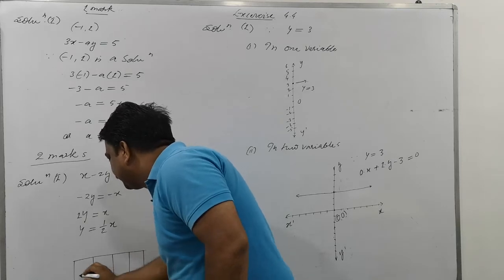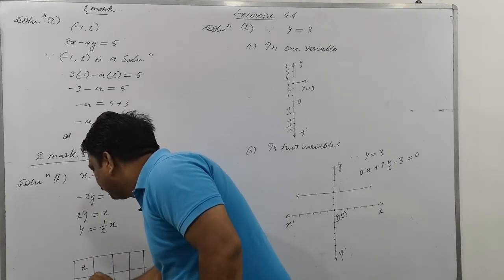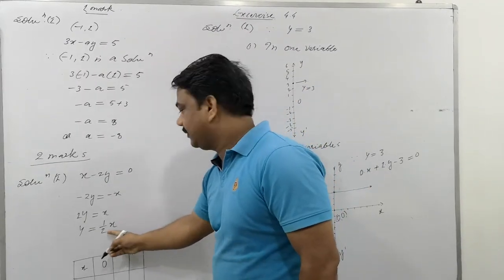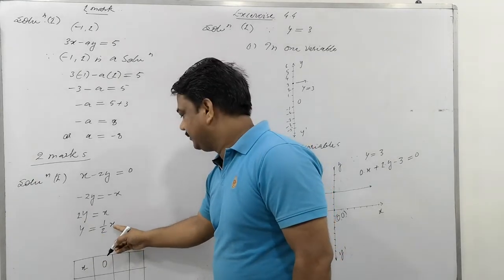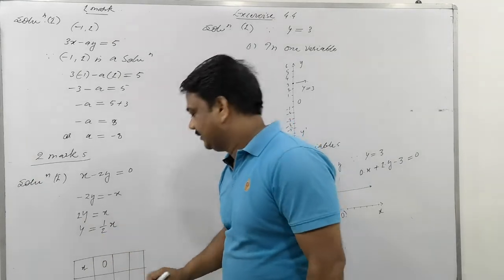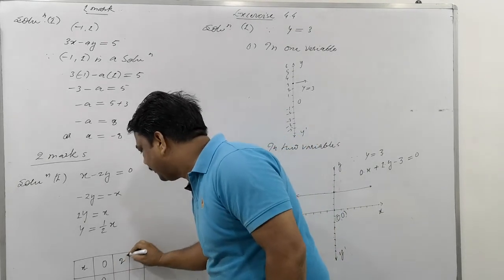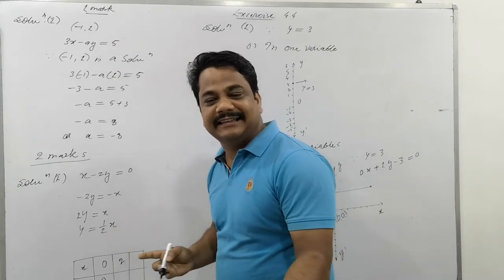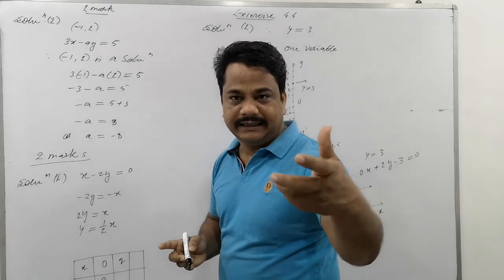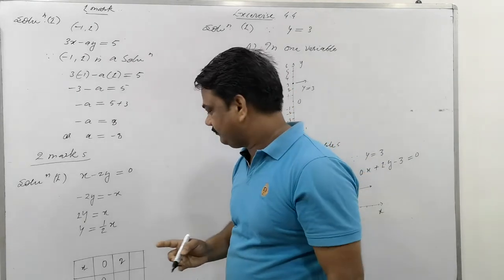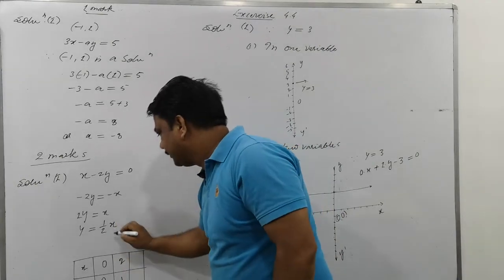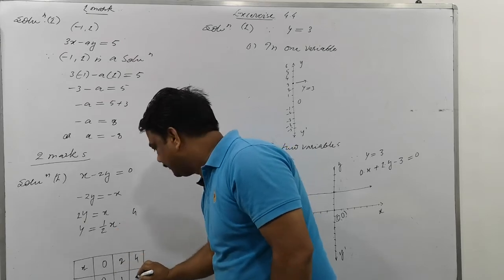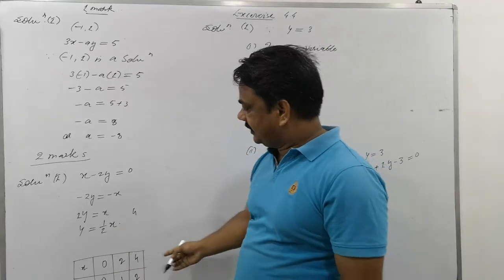Right now, it's x and y. If in the place of x you put 0, what y will come? Half into 0 is 0. If you put here 2, obviously you have to put multiples of 2. Why? Because they will cancel the denominator and give a whole number, an integer, positive or negative. Clear? 2 cancels 2, and here in place of x, 4 is to be put. 2 cancels, and 2 will come here. Is that clear? So you found 3 sets of solutions here.